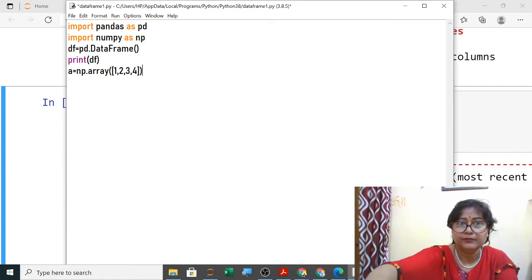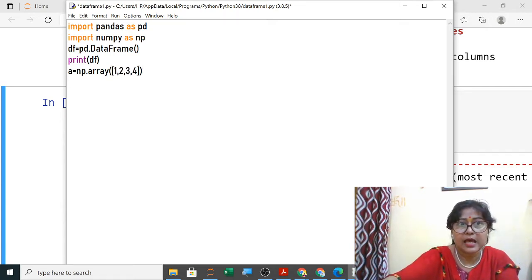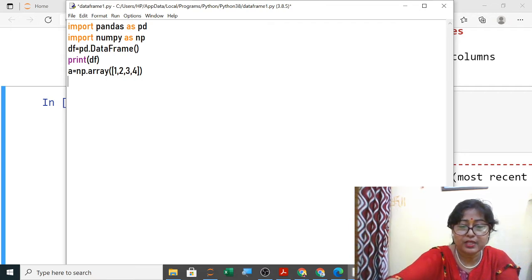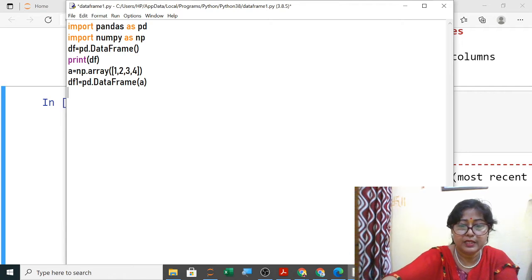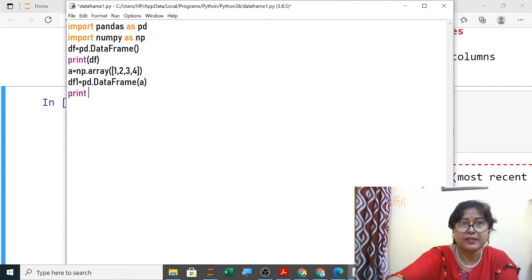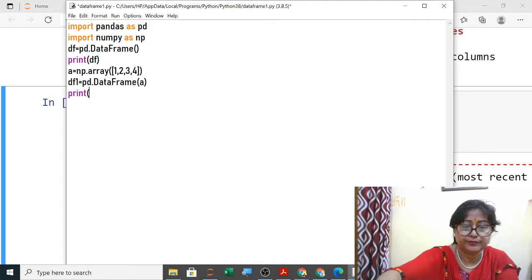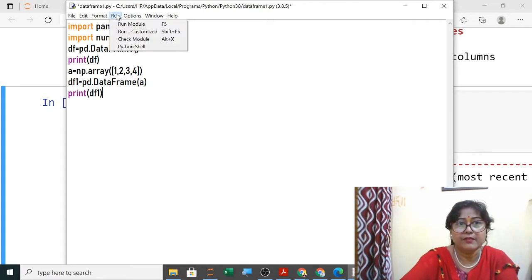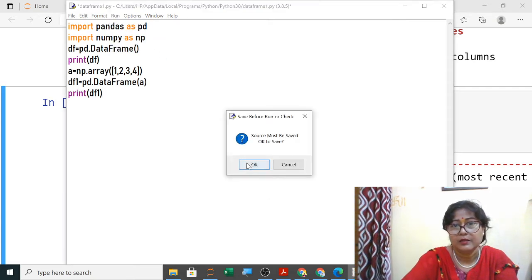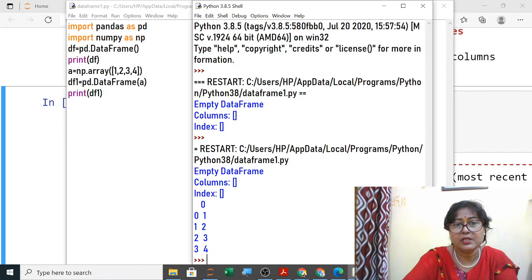Then using this array, same method, suppose I am creating df1, pd.DataFrame, and in this I am writing the array. So this is over. You will print here, print df1. Now execute and see. Yes, now it is working.